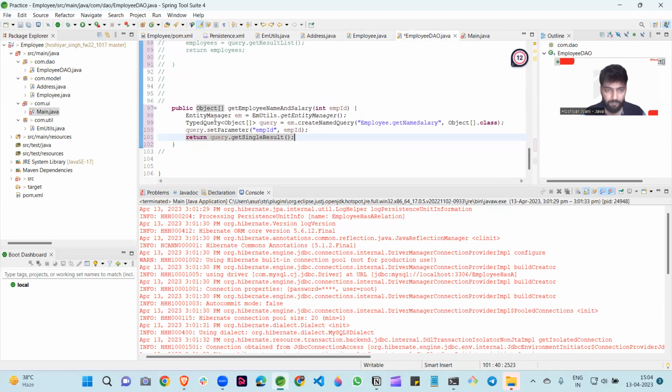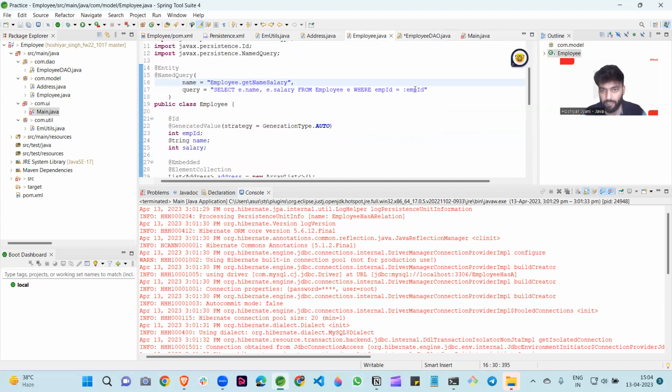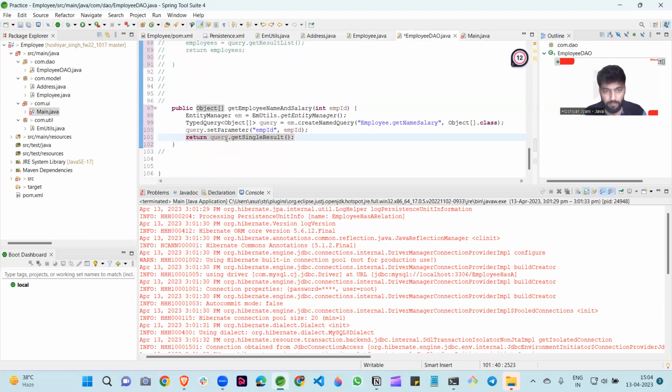And here you can see I am passing createNamedQuery. The name of the query is Employee.getNameSalary, because we need the name and salary, so this name is useful, matching the data that we want to fetch. So Object[].class, and query.setParameter for empId. You can see in this query I am declaring a parameter here. So setParameter empId is equal to the empId I am passing, and return query.getSingleResult,